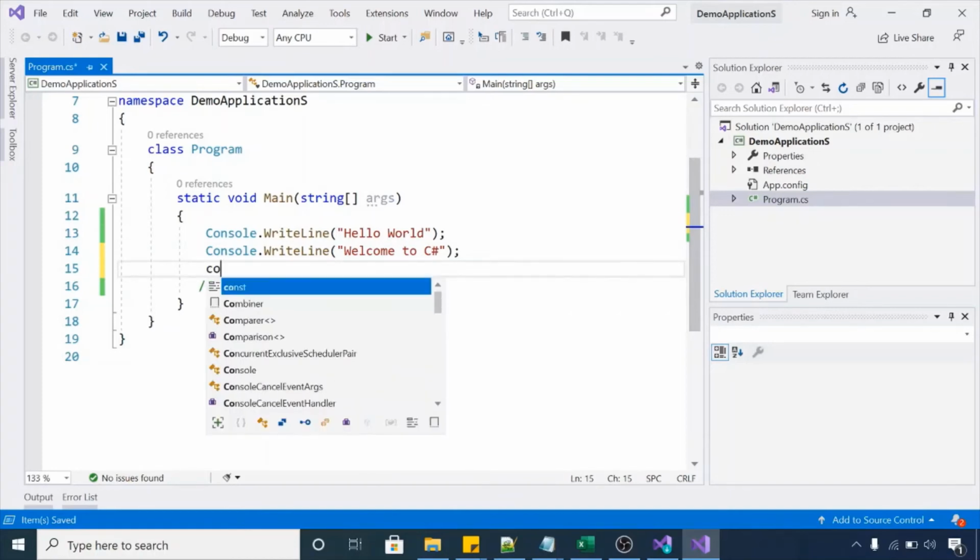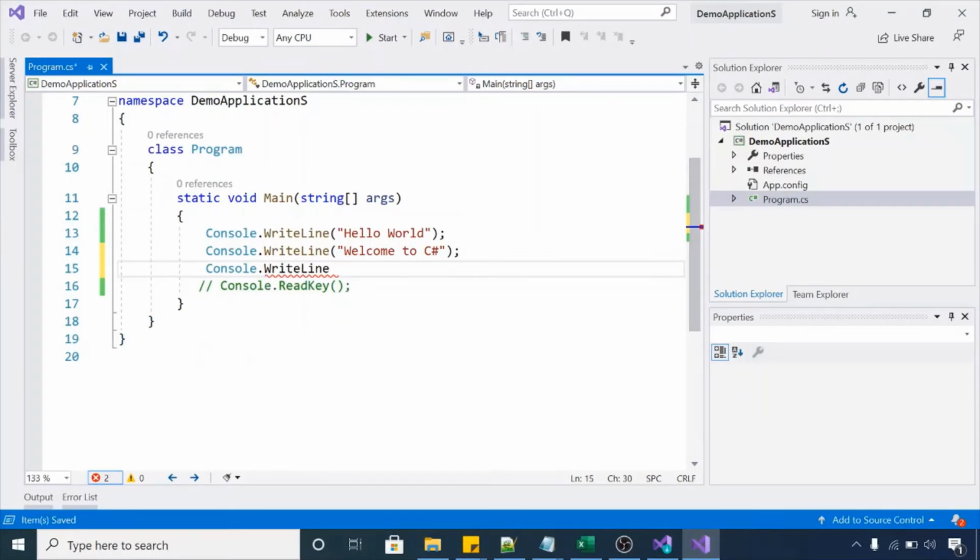You can write in this way, Console.WriteLine, and you can use C#, and you can use plus operator to do that. You can use plus, and you can type and .NET. Now it will just concatenate these 2 strings, C# and .NET.